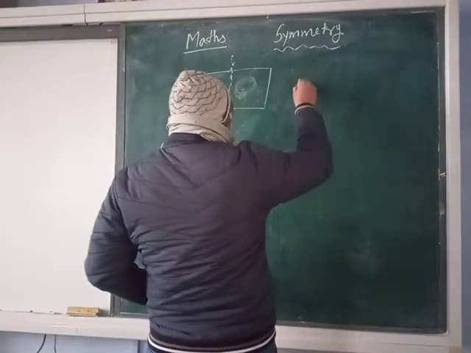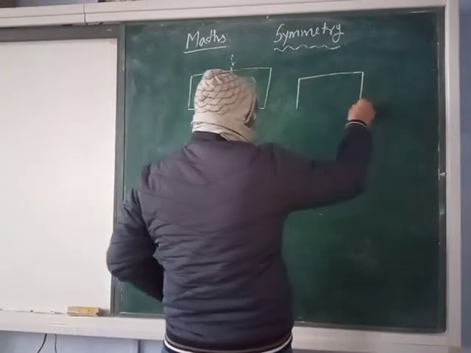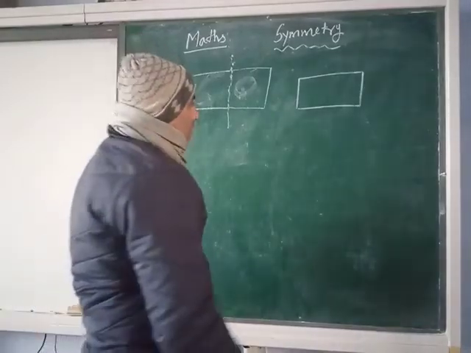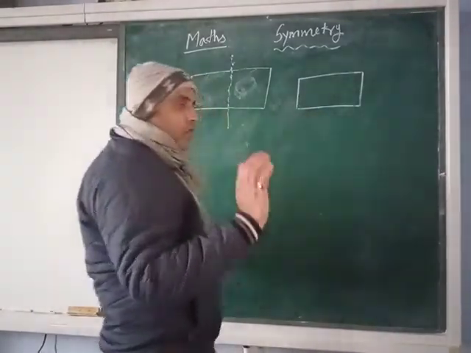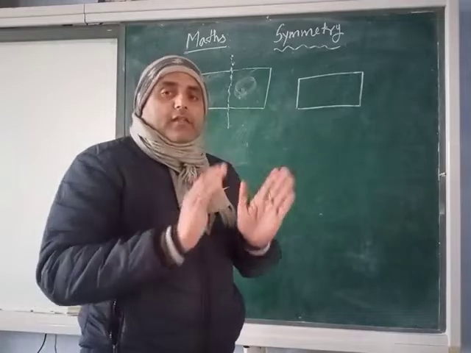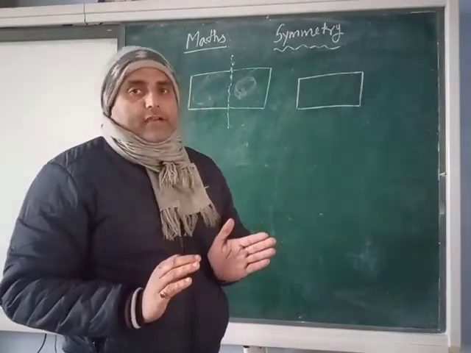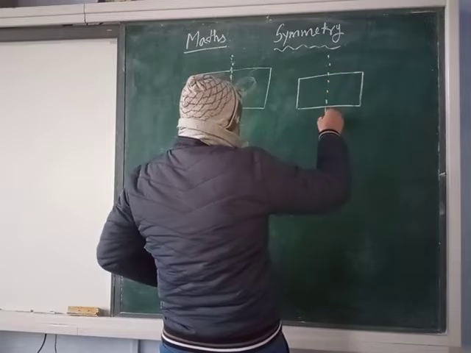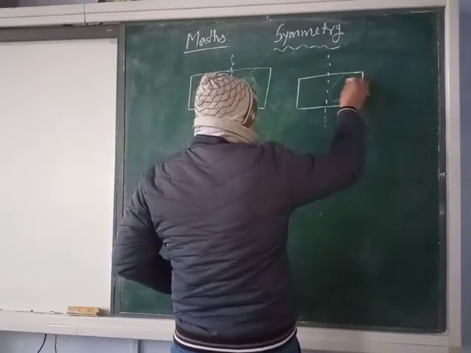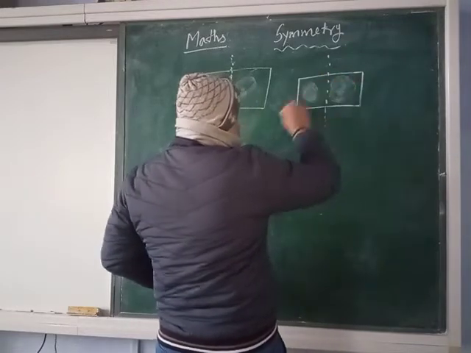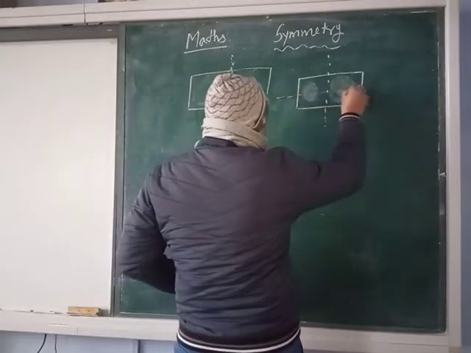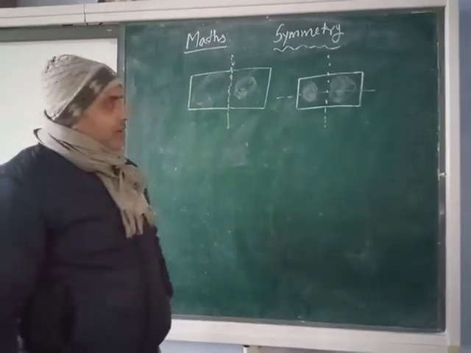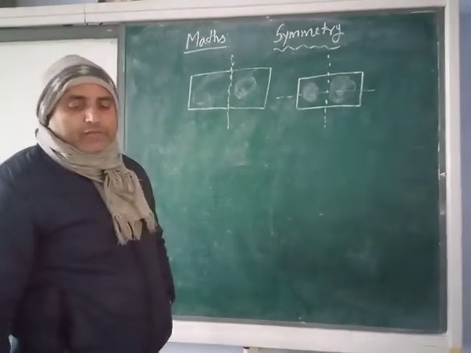Like this, if here is the image and we ask what is the line of symmetry of this figure, then you can draw a line from which, when we fold it, it covers the second part. Means if we draw a line like this, then these are the same as this one. Or when we fold it like this, then again this will superpose the second figure. So these are known as the lines of symmetry.